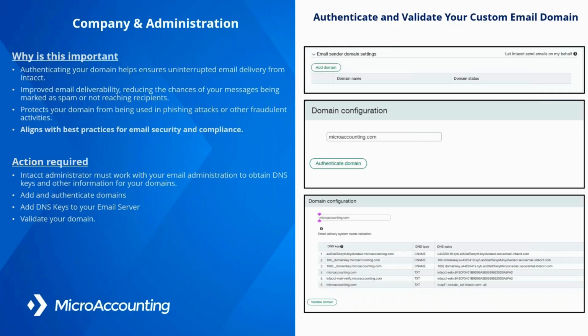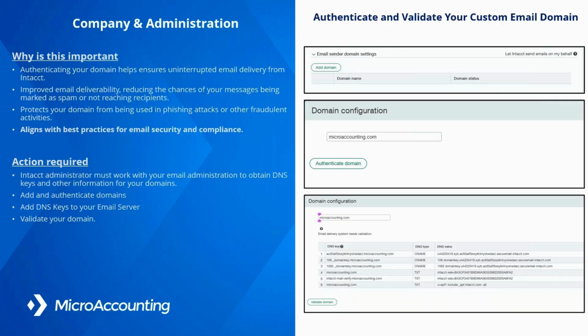specialist with you. You'll go into the company setup. You will click add domain. You just put in your domain name. So ours is microaccounting.com, and you click this button. What will happen is it might take a couple of seconds, and especially during releases, a lot of people start running this process, so it might seem like it's not working. So make sure you come back to it, okay? It might take 5 minutes. If everyone starts doing it this week, there are going to be a lot of users trying to authenticate. Just keep that in mind.